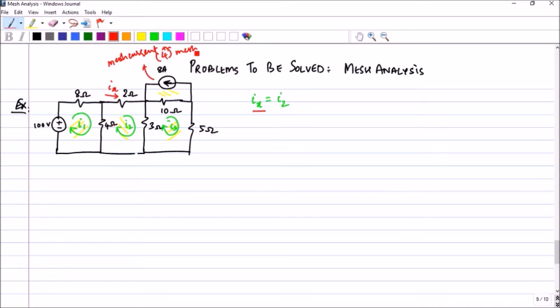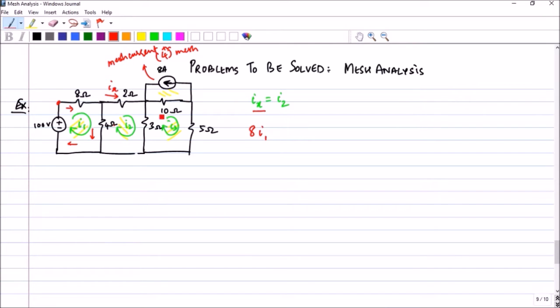Alright, so let us start proceeding to write the mesh equations. Let us start from this point and I am going to move in this direction for the first mesh. So I start with the 8 ohm, so I get 8 into I1. By this time, you should understand why we have put plus 8 into I1. In case you have any doubt, you can go through the previous lectures